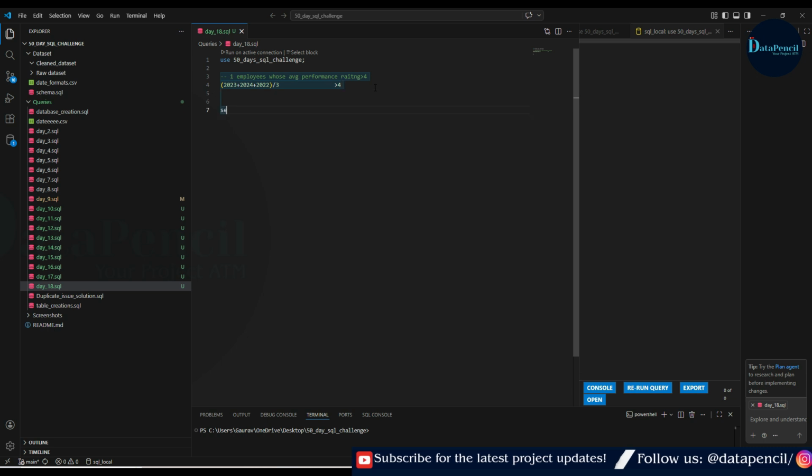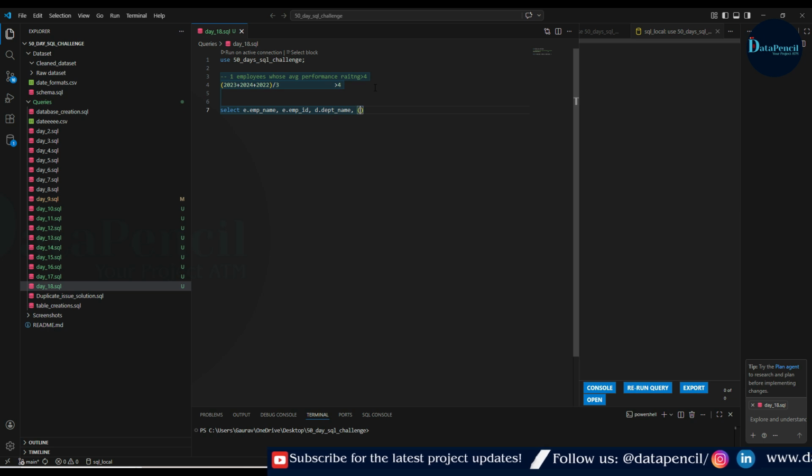Let's see. For that, we need to select our columns. So it's employee name, employee ID, department name, and then the rating. Here we are going to use a formula, and in this formula we will simply add the ratings of 22, 23, 24 and then divide it by 3.